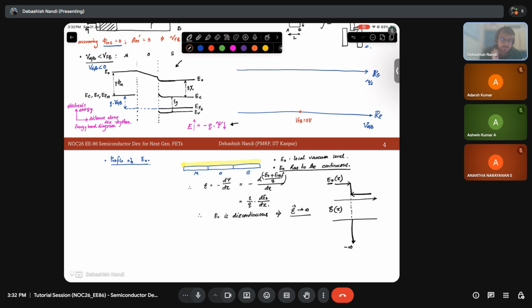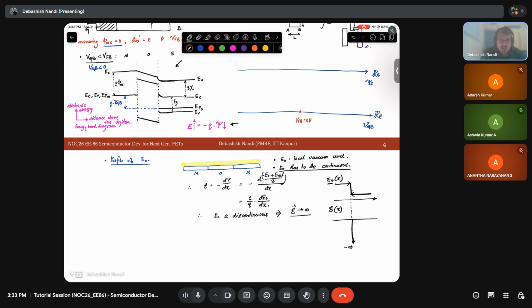Fine, is that okay? So then you can draw, similarly in case of your insulator as well, EC and EV will follow the E0 of the insulator. So this will be the band diagram in case VGB is negative,